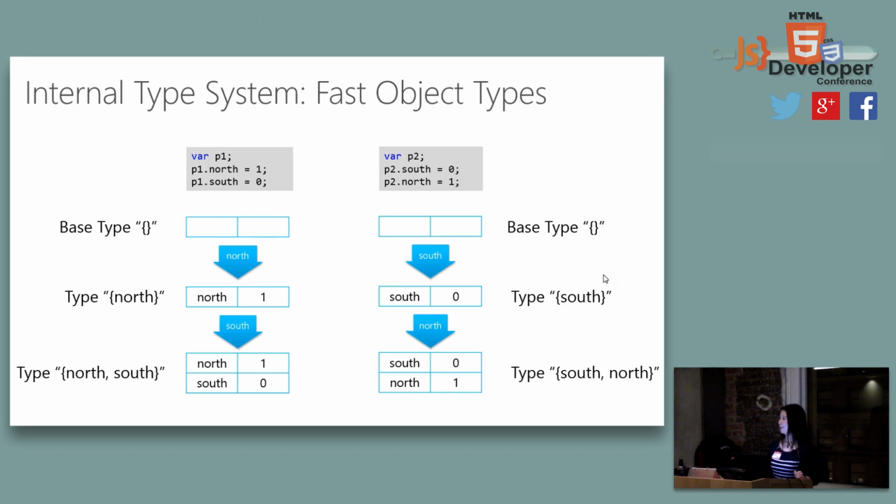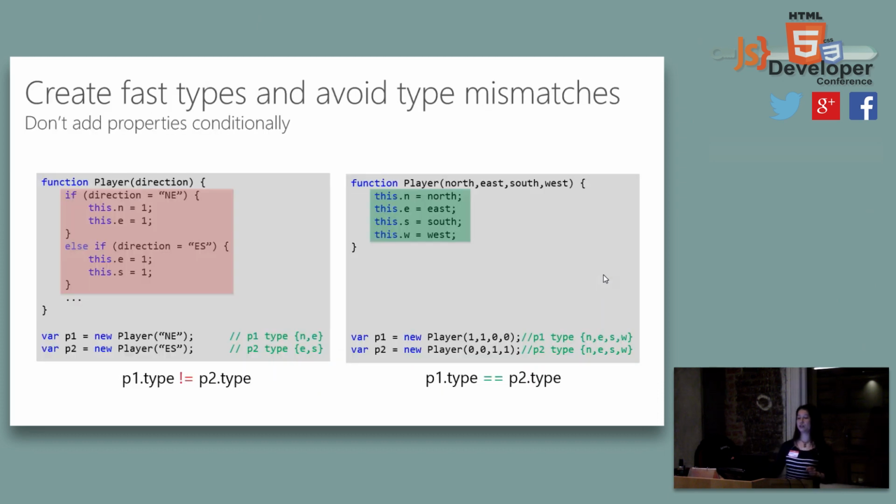Yes or no? Yes, you think the same? Unfortunately, these are not the same. So what does that tell you? Every time you assign properties, the property order matters. You think it doesn't matter, well, just assign it, but it does matter. You're creating two different object types with P1 and P2, even though in terms of content they're exactly the same, aren't they? All right, so that's the first tip to share with you.